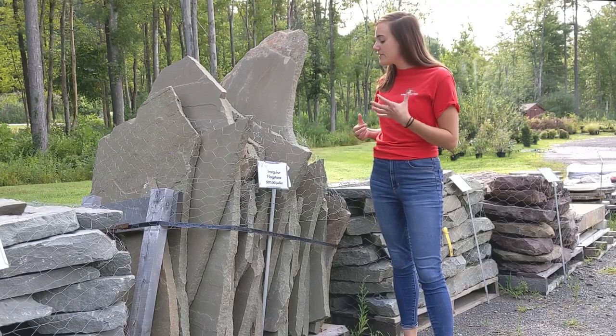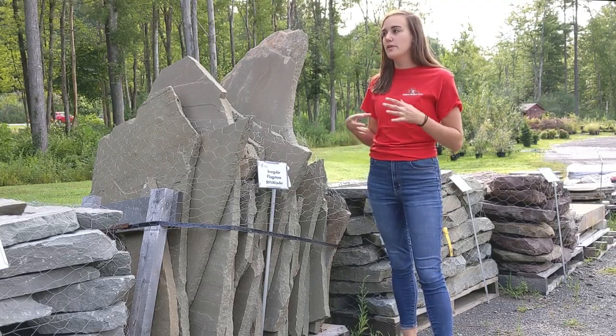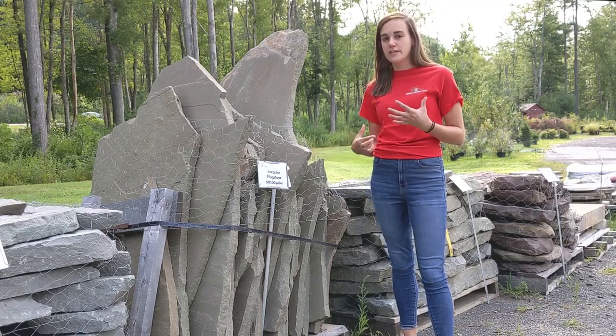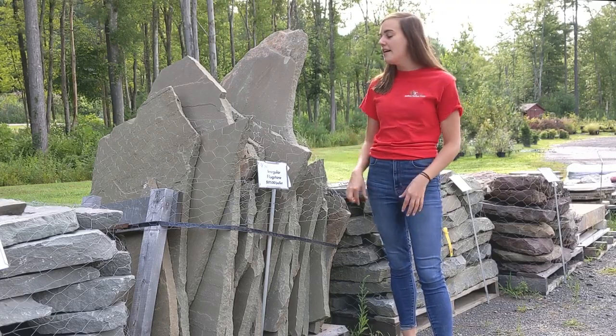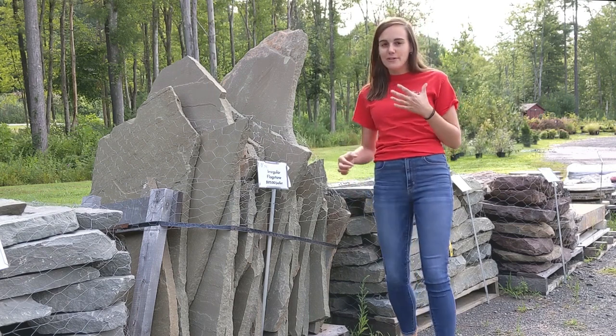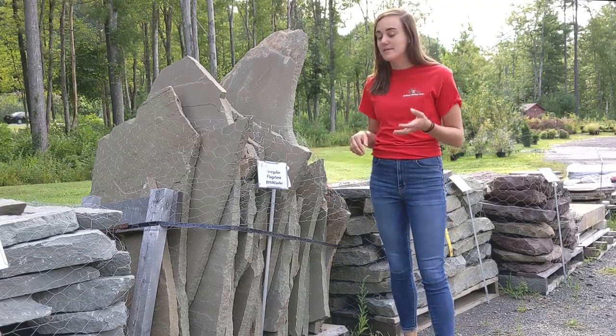The reason we really like it and the reason we stock it at the nursery is, one, it's actually from the Northeast, so it really matches the local landscape around here. If you've got sort of a rustic, natural look to your landscape, it's going to match that. Two, because it's not super thick, it's actually handleable. You and a couple of people could load it off the pallet, place it yourselves, so it's actually pretty useful